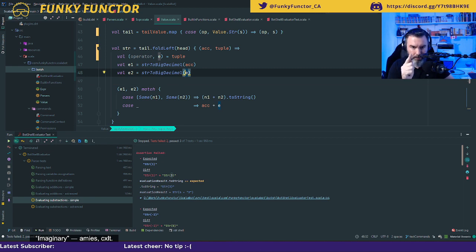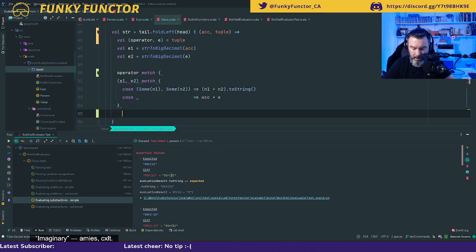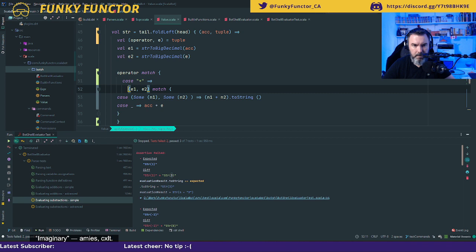And what I want to do is now, if my operator match like this, so case, the first one is going to be case if my operator is a plus, then in that case I want to do that. Okay.